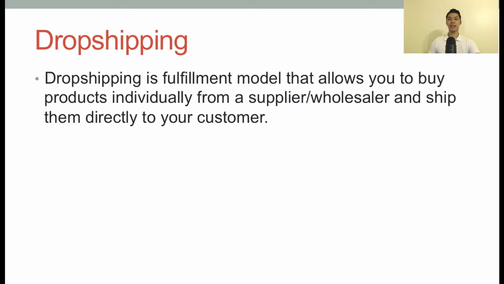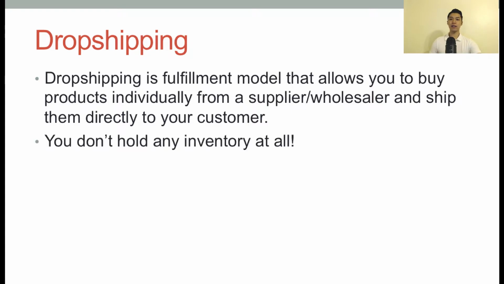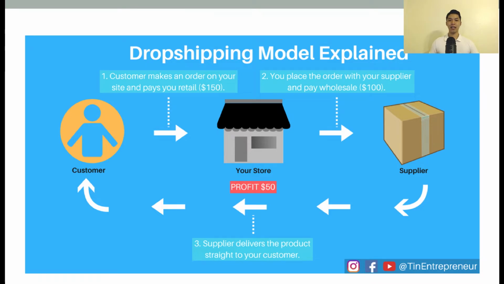So dropshipping is a fulfillment model that allows you to buy products individually from a supplier or wholesaler and ship it directly to your customer, right? What's so great about this dropshipping model is actually you don't hold any inventory at all. So, you might not understand it yet based on this explanation. So I made a diagram that better explains it and shows you guys from a bird's eye view of what